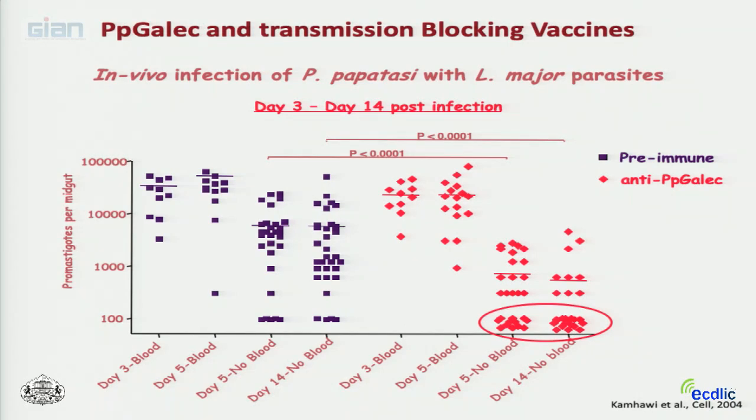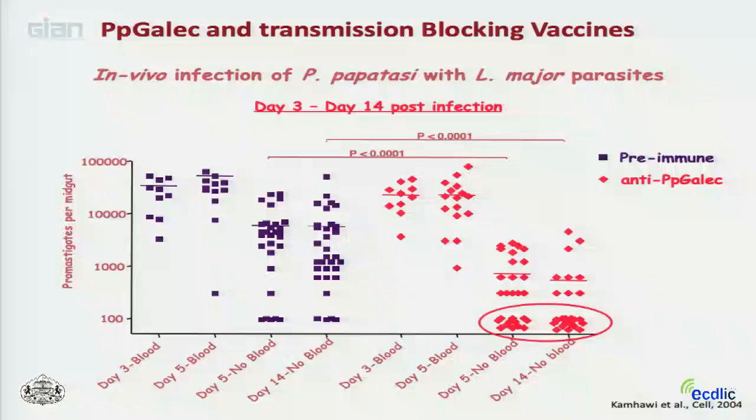It was only at late time points after infection, when the blood meal was excreted, that we saw a clear effect of the anti-PP galectin antibodies, that it prevented, we presumed, attachment to the gut wall, and many of the parasites were passed. So this was one of the first, and remains one of the few examples of a target for a transmission blocking vaccine. So theoretically, you could immunize in hosts